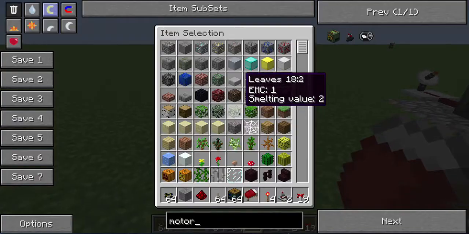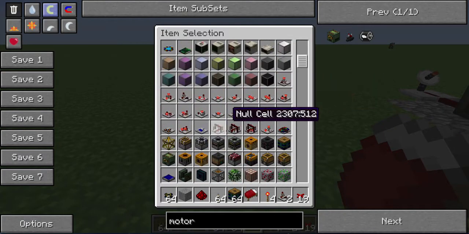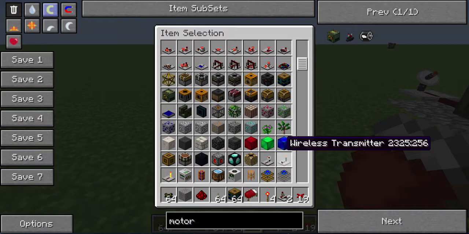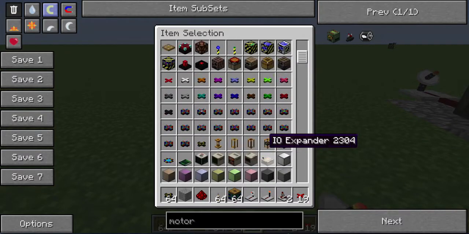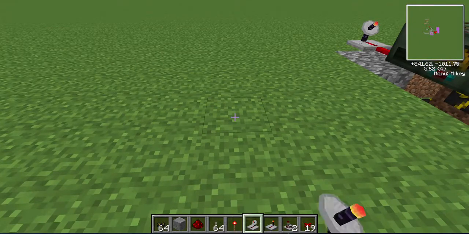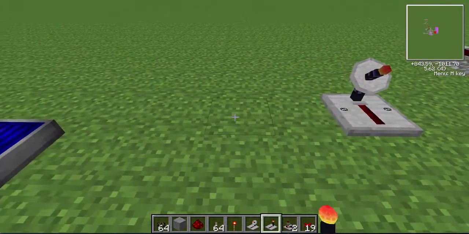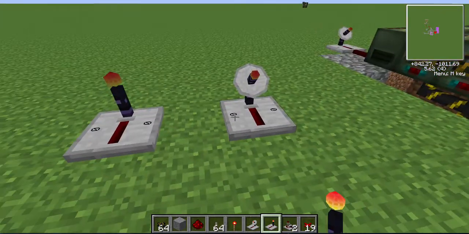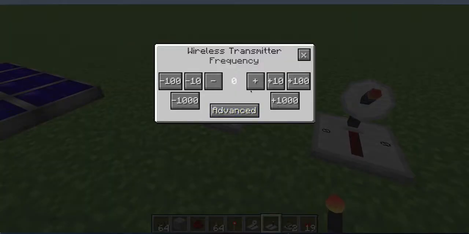Here, let me just do like a really quick circuit just to kind of give you the basics on how it all works. Of course, I can usually never find stuff in here. I'm probably going to need that redstone torch, though. Okay, so you got a receiver, and you have a transmitter. Now, as you can see, they're both 0. You right click and you can change the channel. Of course, this channel can go up to, I believe, 5,000. So let's do 14 here